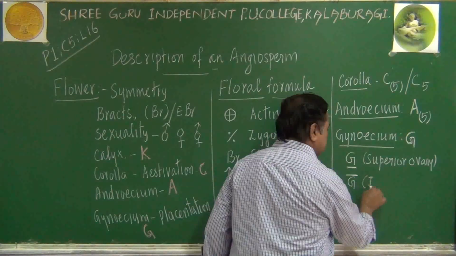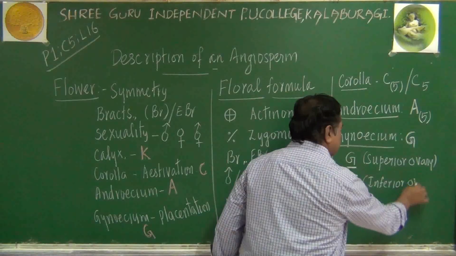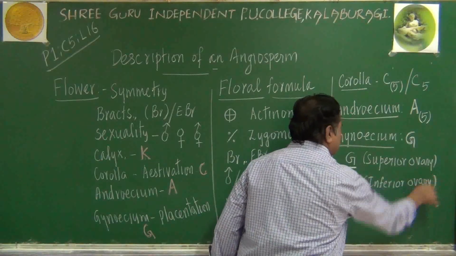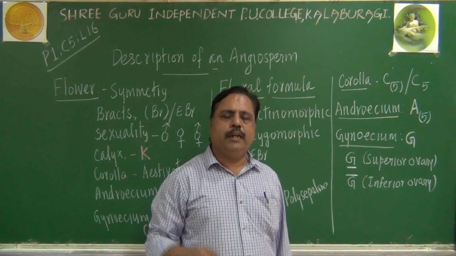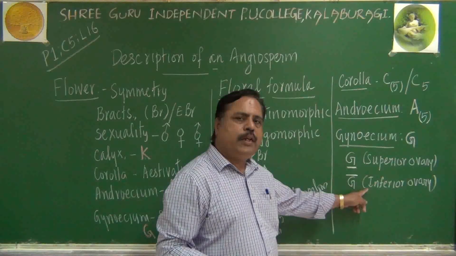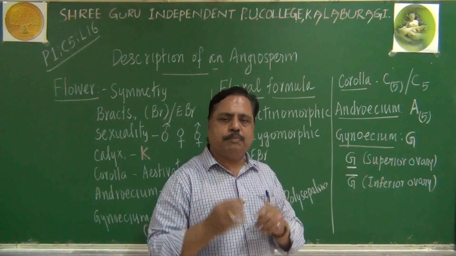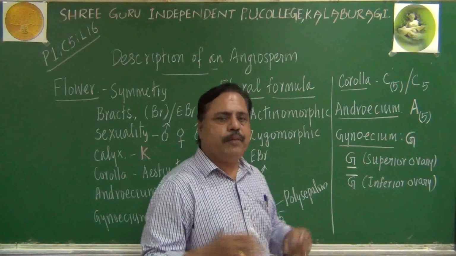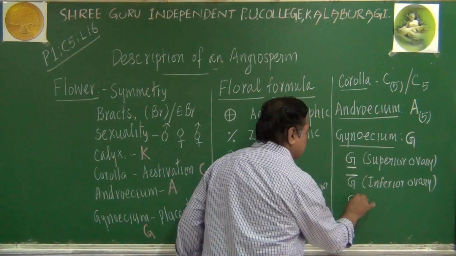This indicates inferior ovary actually. This is indicating inferior ovary. Where do we find a superior ovary? Hypogynous flower. Where do we find inferior ovary? Epigynous flower. Suppose if there is perigynous condition, half inferior, half superior, I have to put one G here,